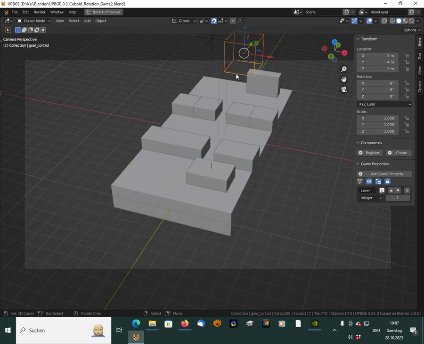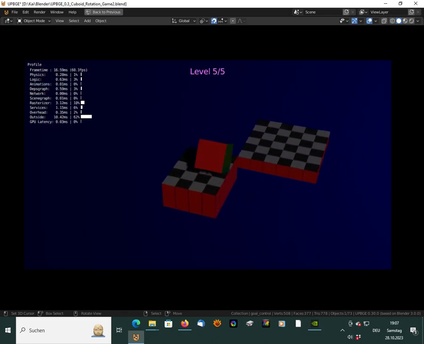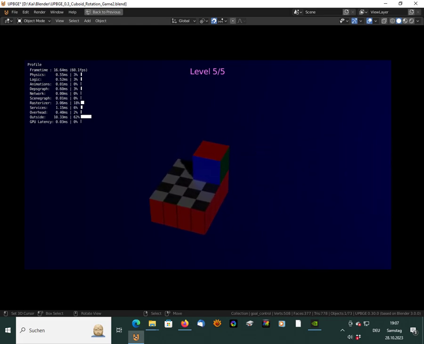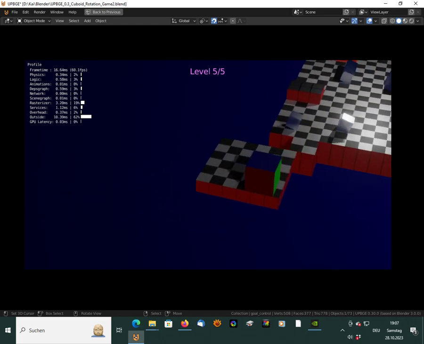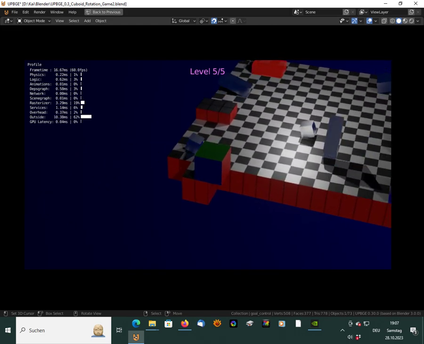To start at any level, you can set the property of this object here, the goal control. So I can go to level 5 and hit P. So now I'm at level 5. And I will show you how you can create your own levels